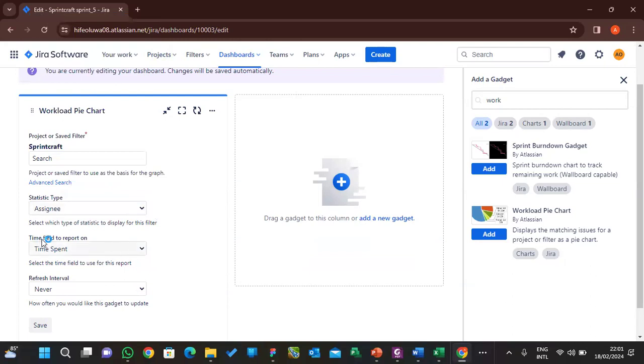Now, what do I want to track? This one is telling me time feed to report. So what I want to track is